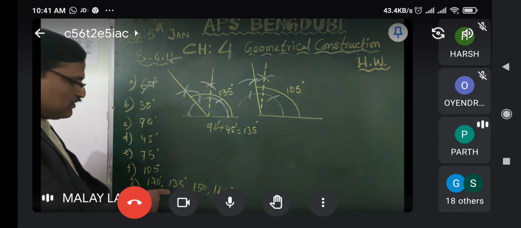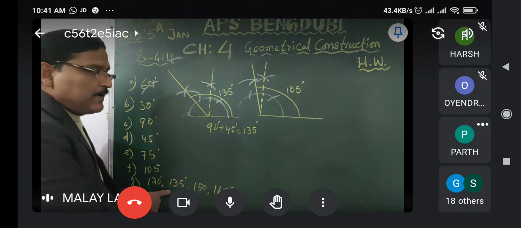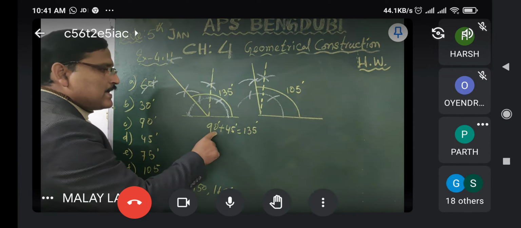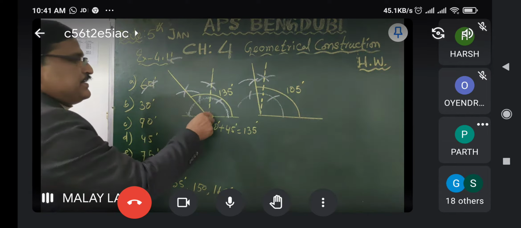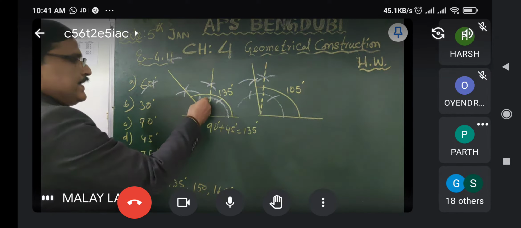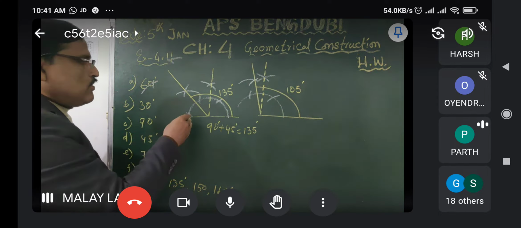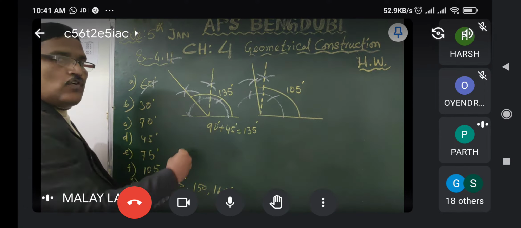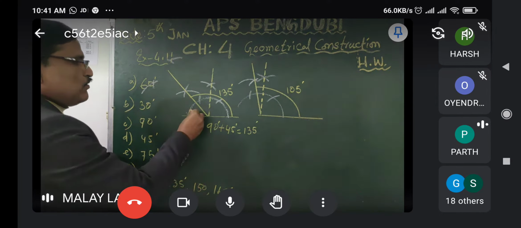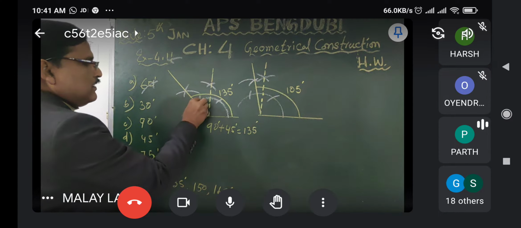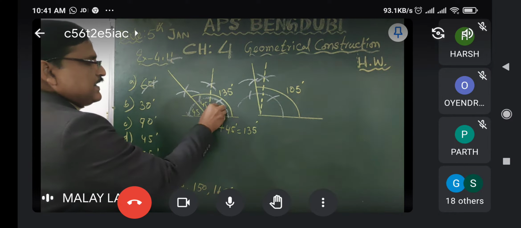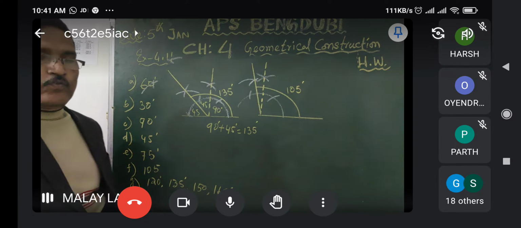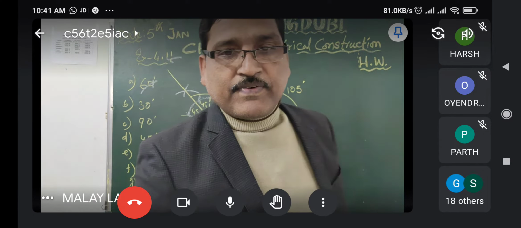That means in order to construct 135, we have to take the help of two angles. One is 90, another is 45. That means first I will draw 90, this side 90, that side also 90. So now if I bisect the 90 from that side, ये वाला साइड का 90 को bisect करे तो ये 45, 45 हो गया. This is 45, this is 45 and this is 90. अभी ये 45 और ये 90 अगर ऐड करेंगे that will be the measure of 135.